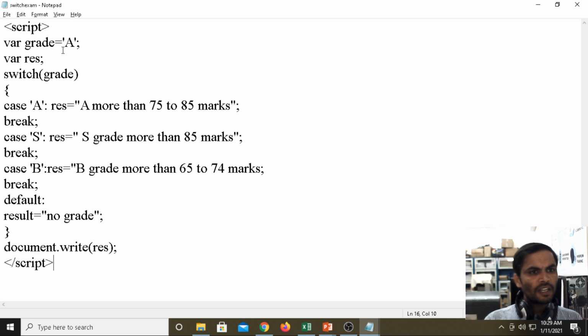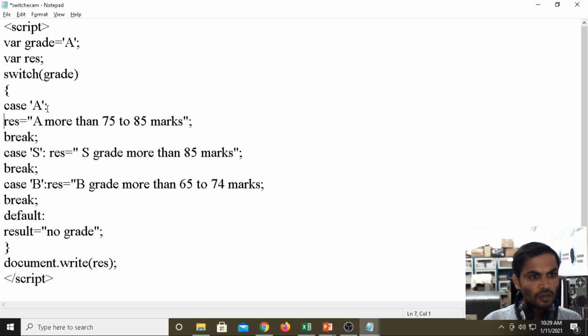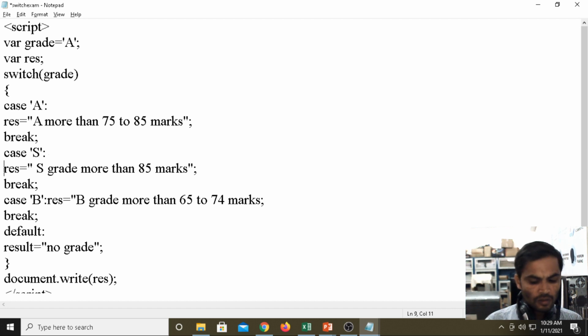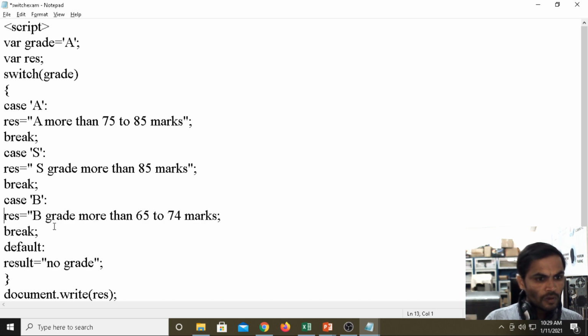Script, grade equals to A. Then we are given A here. Then control S, default grade, variable res more than 10. Case A should be executed.